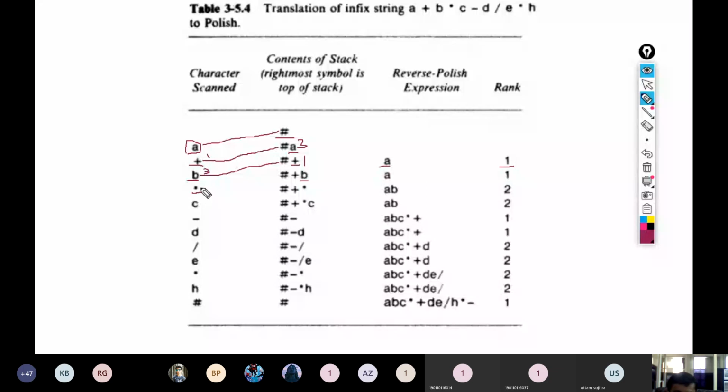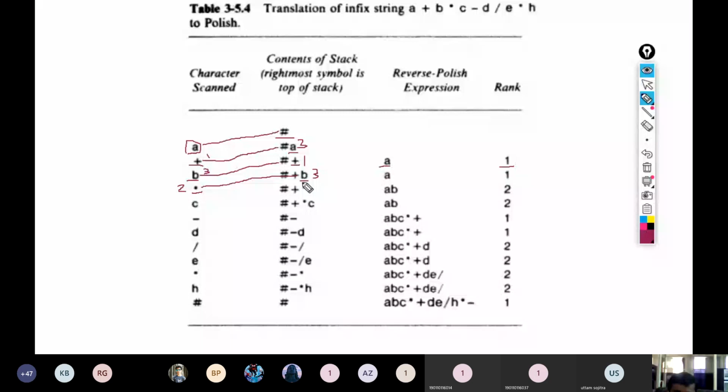Okay. Now we compare the precedence function for this asterisk and the top of stack, that is B. For B the precedence function is 3 because it is an operand, and for the operator asterisk the precedence function is 2. So it is less than the top of stack, so we will do the pop operation.